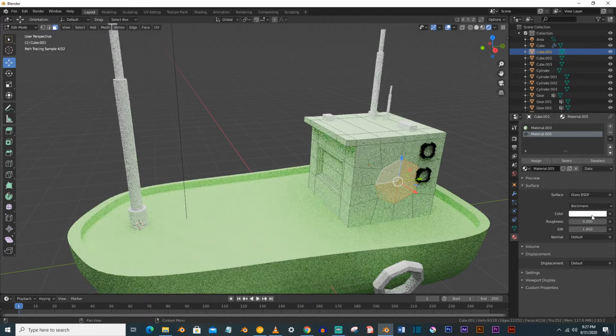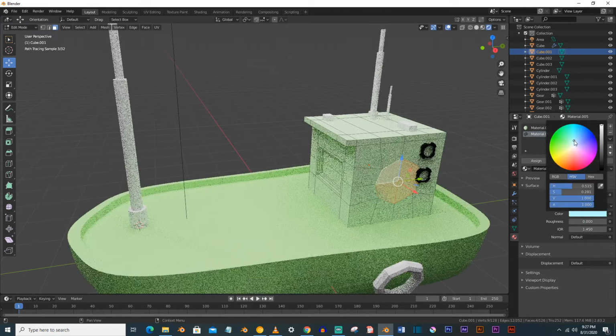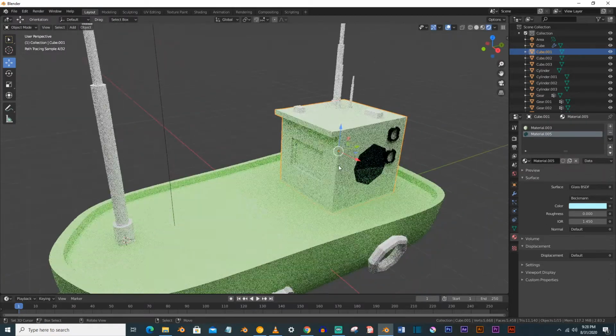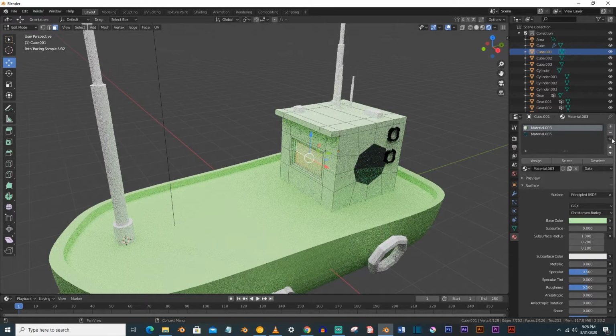Make it like this. You can do this and assign. You can see that,